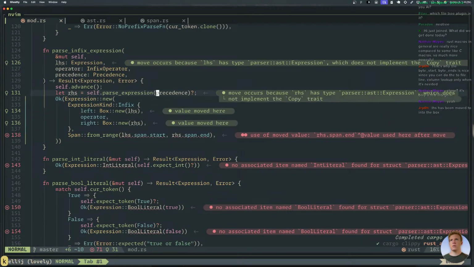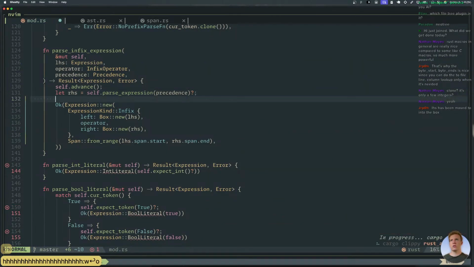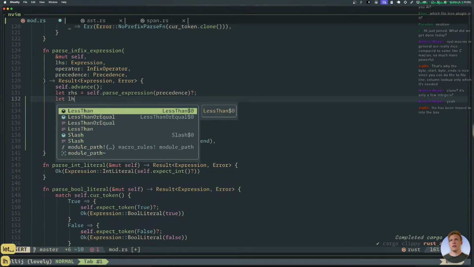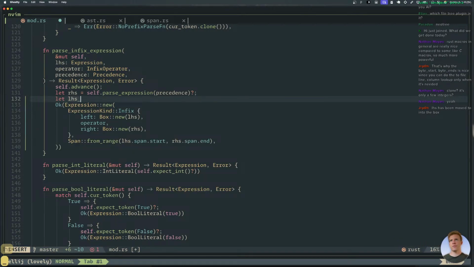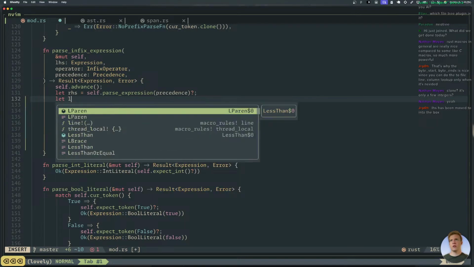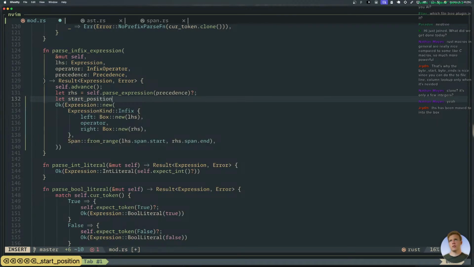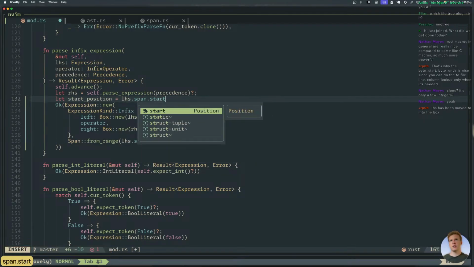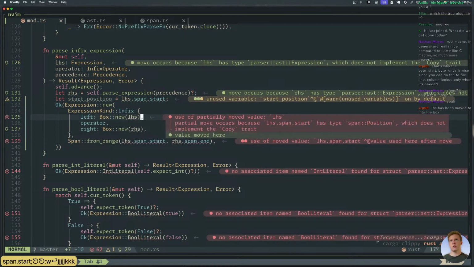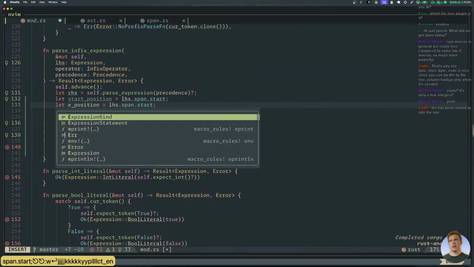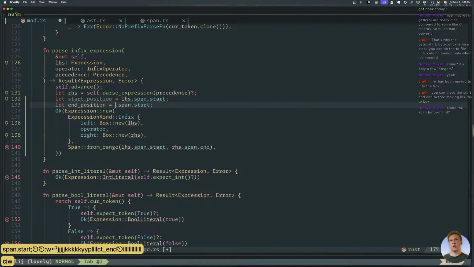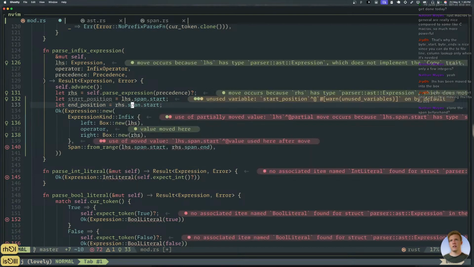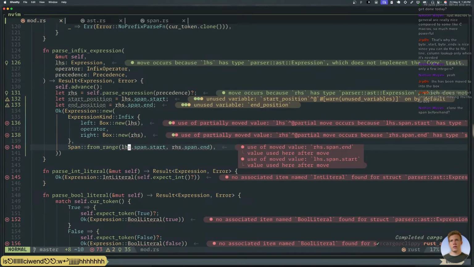I'm just gonna say let left-hand side. I'll say start position equals left-hand side dot span dot start, and end position be the right-hand side dot span dot end, and then we'll use those in here.